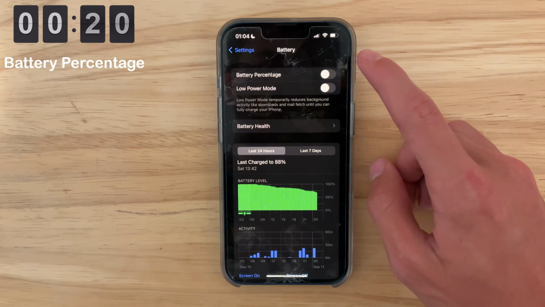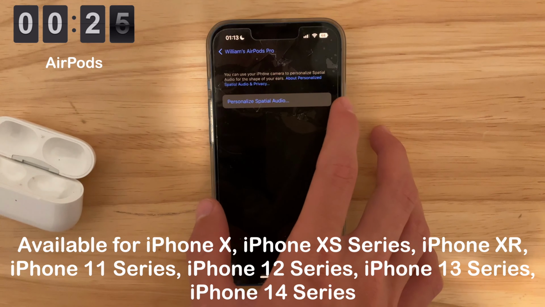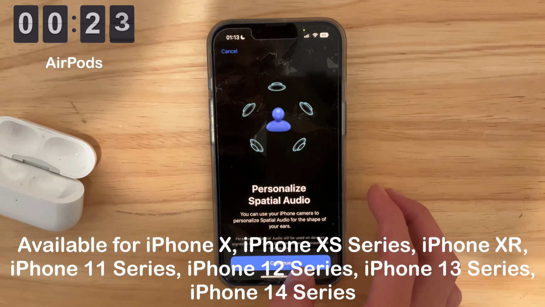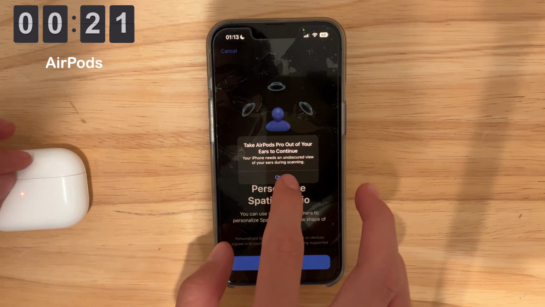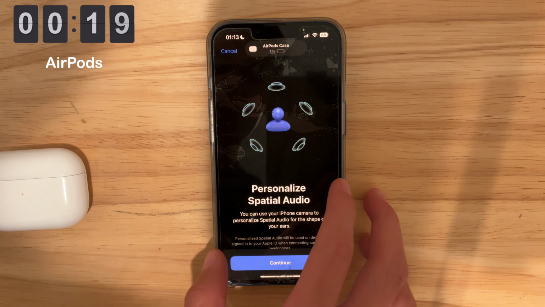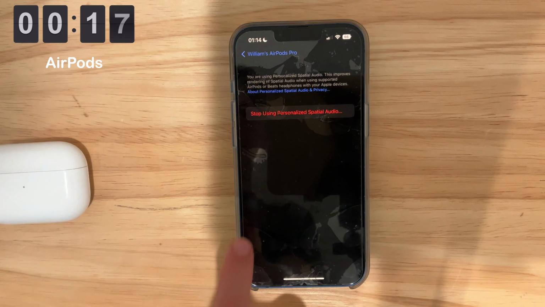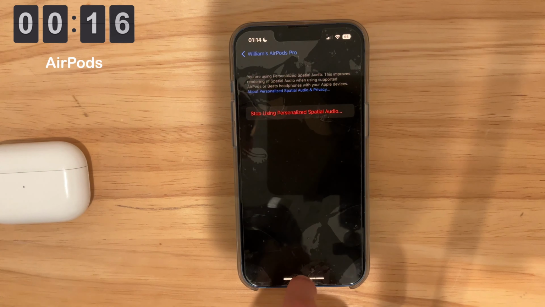If we were to connect a pair of AirPods and put them into our ears right here, you will notice that we have AirPod settings directly right here. We also have something called personalized spatial audio. That will make spatial audio a lot better since everyone's ears are different. And then it will let me continue. It's basically setting up as Face ID. And once personalized spatial audio is set up, music with spatial audio will sound a lot better,